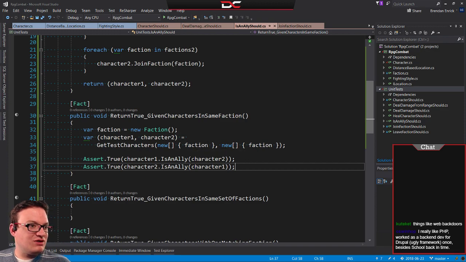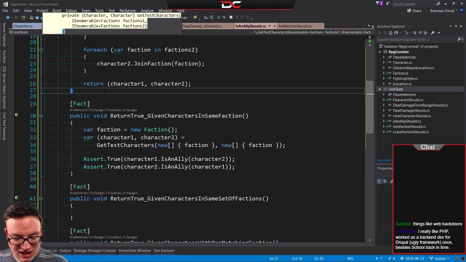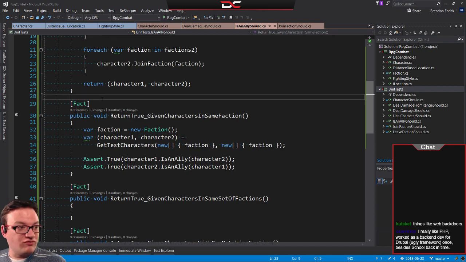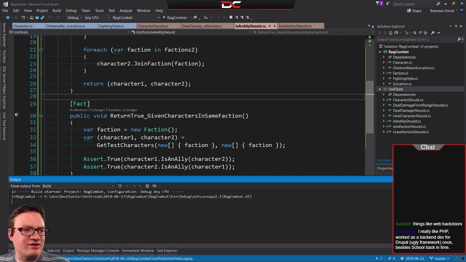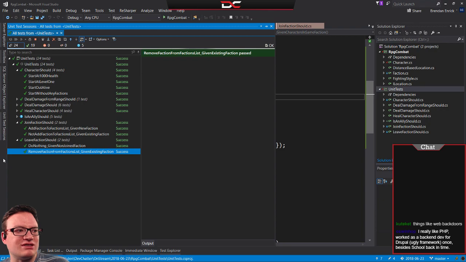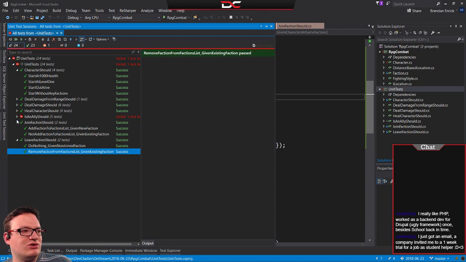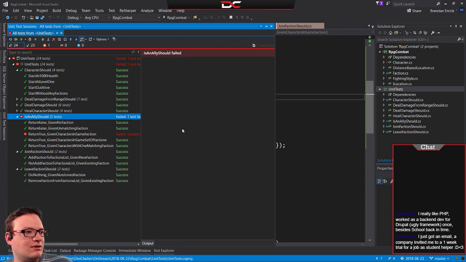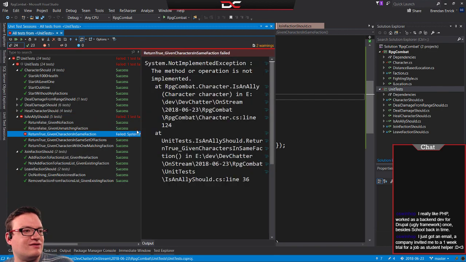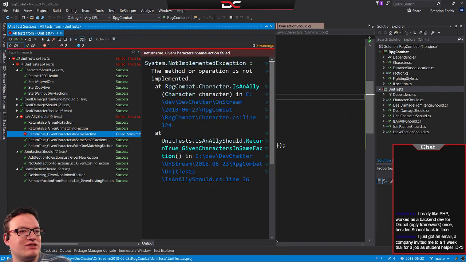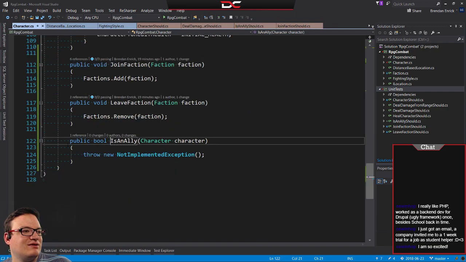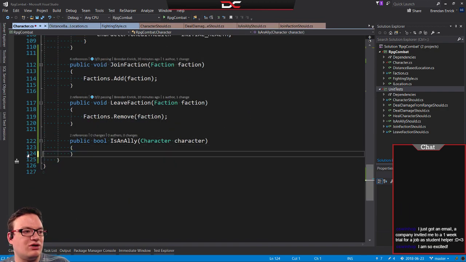Okay, so we gave them each that faction. That will not work because I don't think we wrote the code for it yet. Or maybe we did. I think it's still throwing a not implemented exception. But we'll find out real quickly. Okay, so this one is failing because of not implemented exception. That is perfect. So we're going to go in here, and we're going to say,